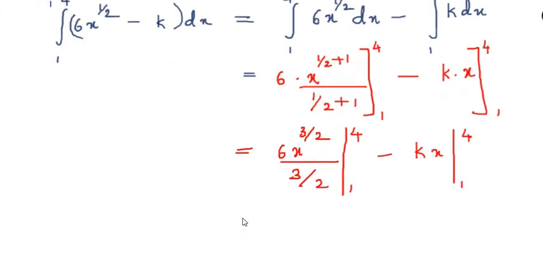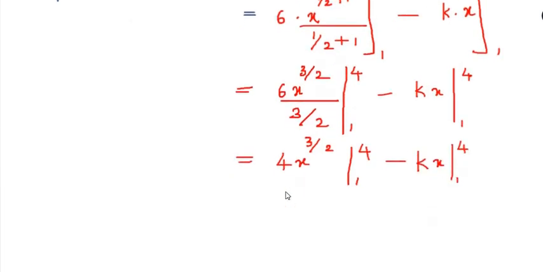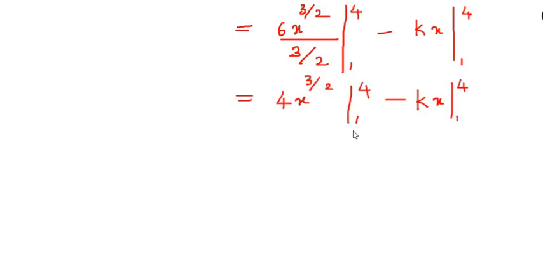Now 6 divided by 3 over 2 gives us 4, x to the power of 3 over 2, 1 till 4, minus kx, 1 till 4. Now comes the substitution of the upper limits and the lower limits. So we can write it as 4, keep it out because it's going to be common. Now first we are going to substitute the upper limit. So it becomes 4 raised to the power of 3 over 2